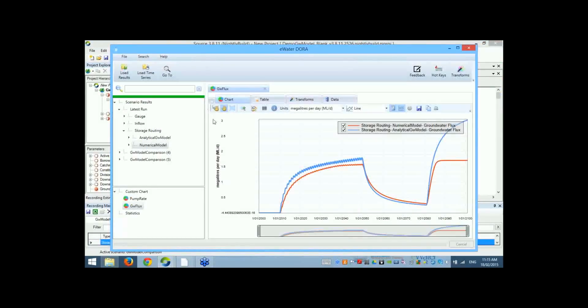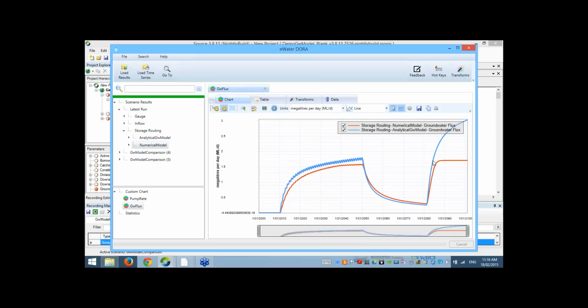So let's look at our new results. And I'm sorry, I've reversed the numbers in my pump position again. So I probably won't go through simulating that, but I put it at 6420 instead of 6240. So apologies for that. But normally the two groundwater fluxes between the aquifer and the river would be identical up